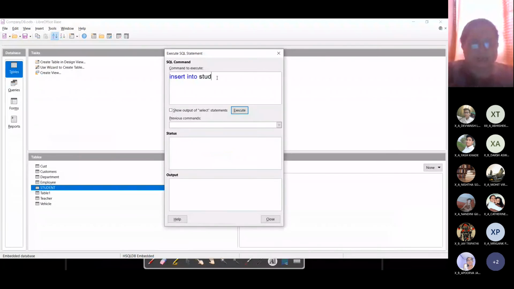So insert into student values. First is roll number. Second is name. Third is age. So 16. And the fourth one is the class. And close the brackets, and I'm going to execute the query.